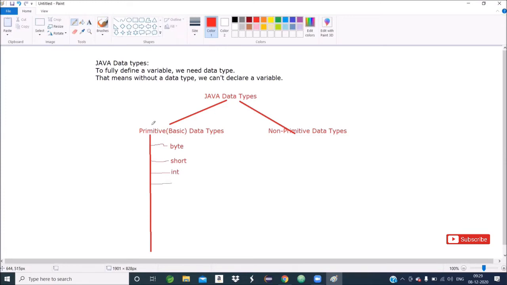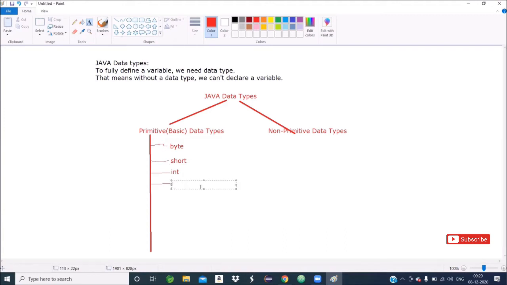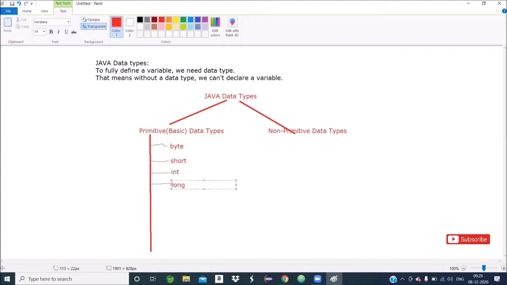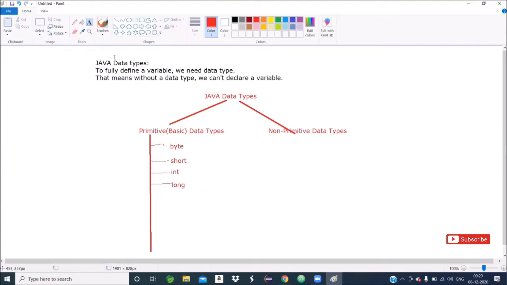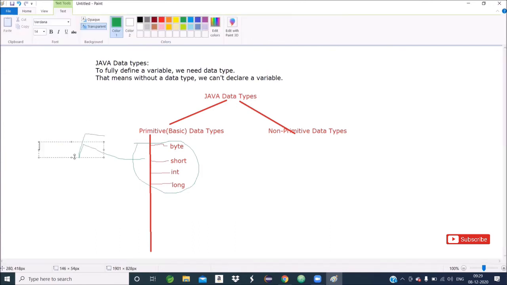Then long. So these four are integer data types: byte, short, int, long. All are integer data types containing integer values.